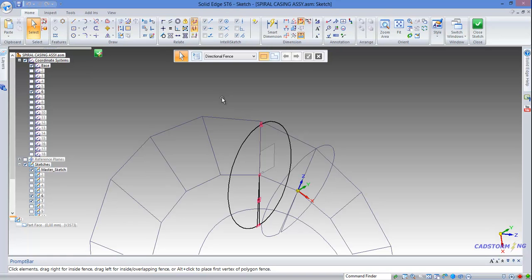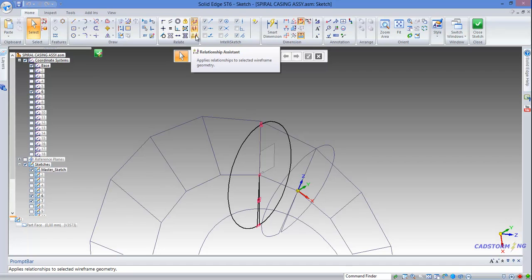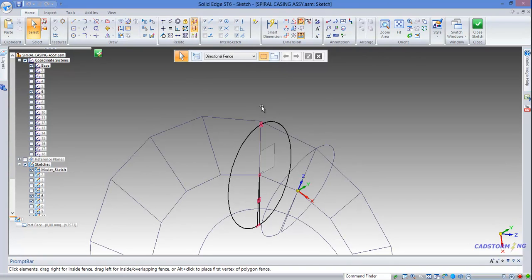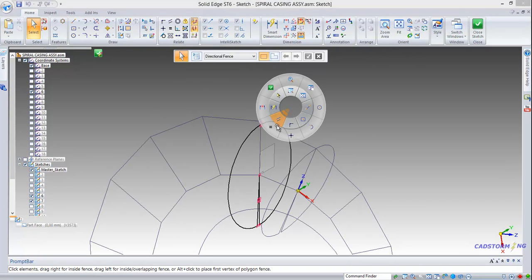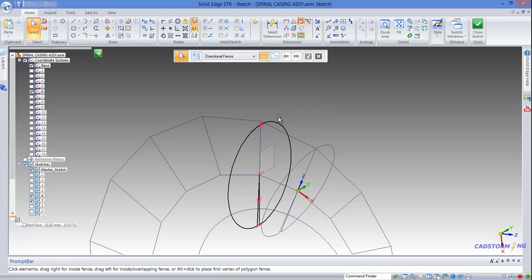Before you get bored to death with this really repetitive and painful task, maybe now is the time to show you how to customize the radial menu so that you don't have to go each time to the symmetric constraint, the relationship assistant, and that you can access almost everything we need to fully position the cross-section sketches on the